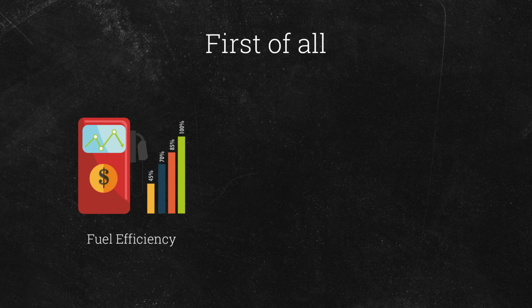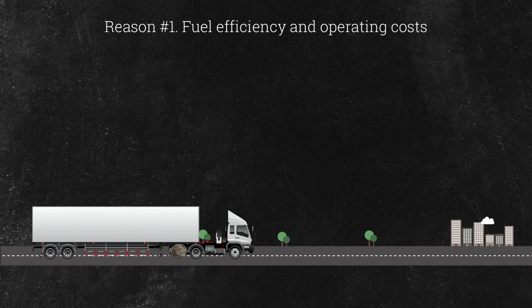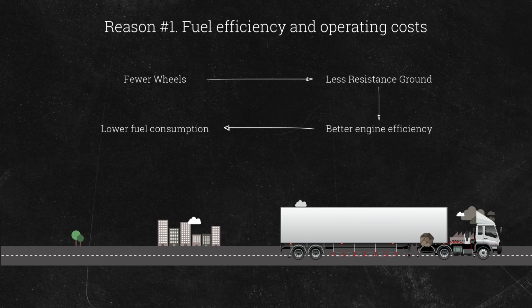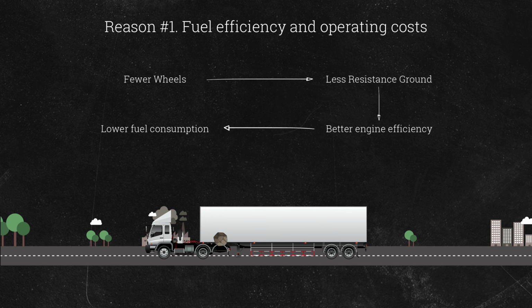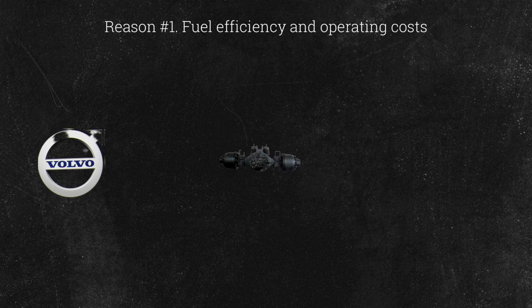First of all, one of the most important reasons is fuel efficiency and the reduction of operational costs. By lifting these wheels, you reduce the resistance of multiple tires against the ground, which in turn decreases the engine's effort to keep them rotating. This simple act translates into lower fuel consumption and less wear on vehicle parts, and we're not talking about small